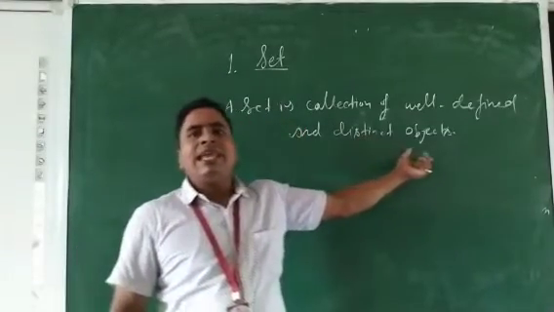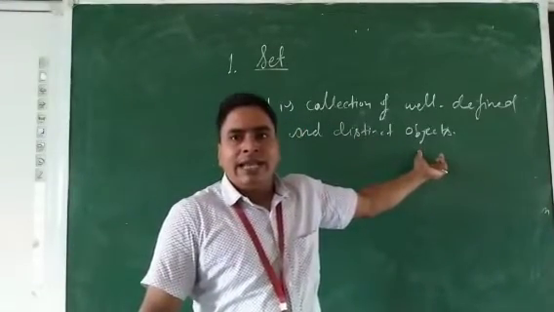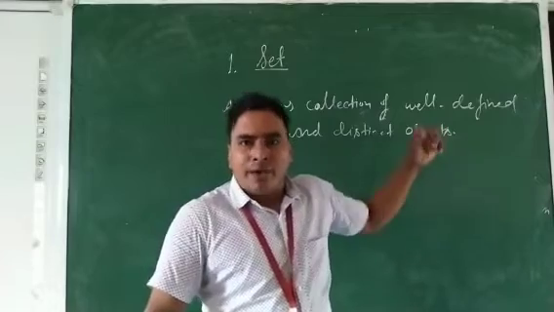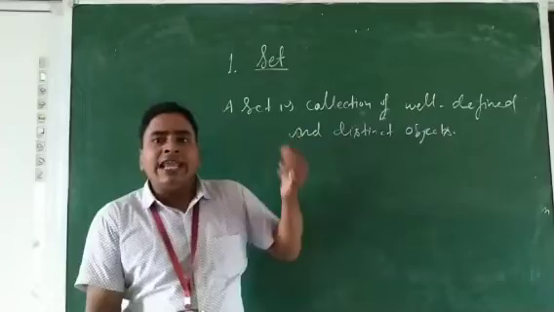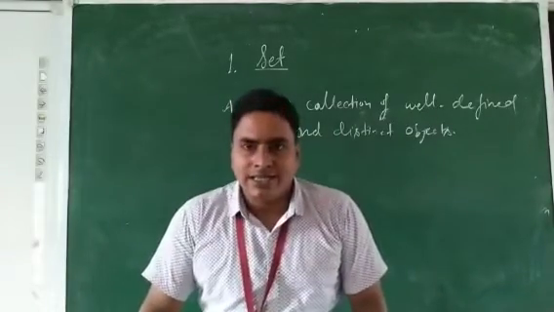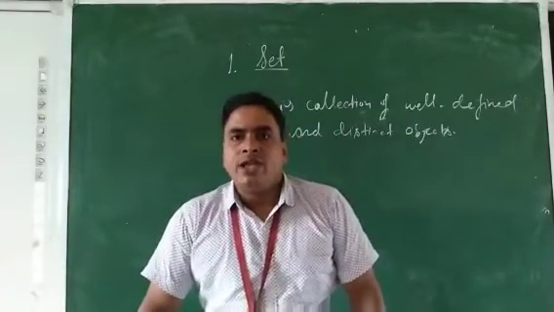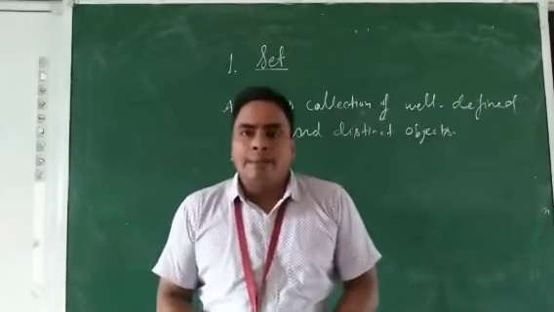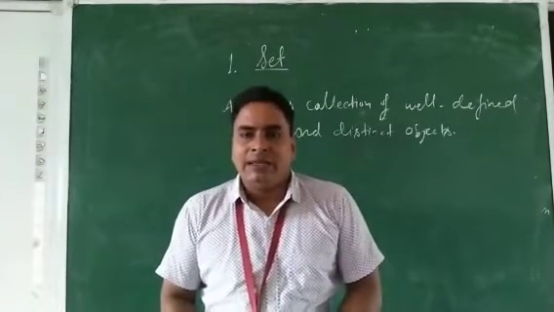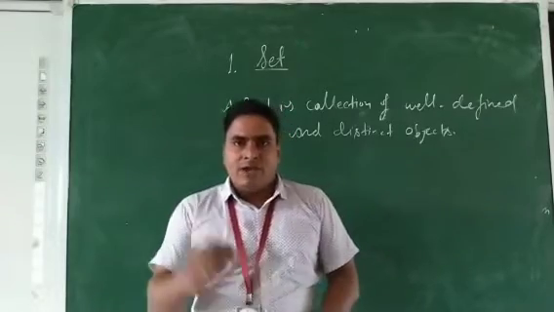Object means any type of thing. It may be numbers, it may be a collection of books, it may be a collection of the names of the students of class 8. Okay, so objects of the set are called members or elements. For example,